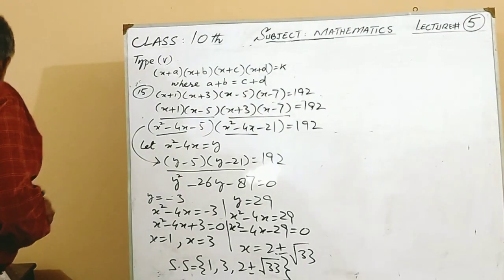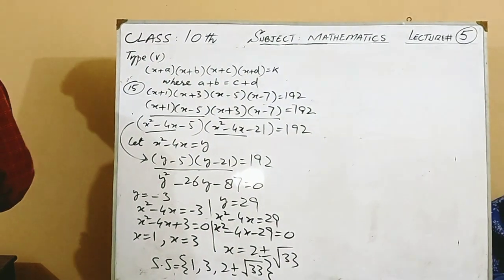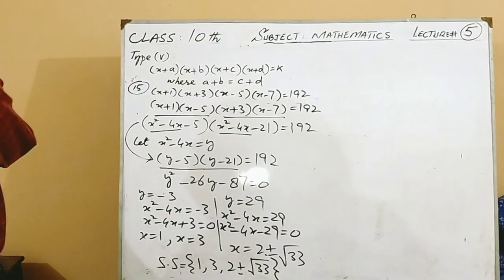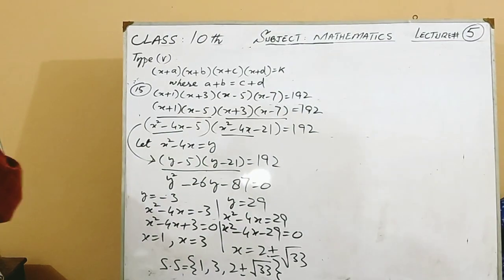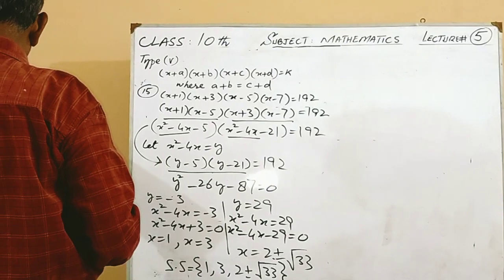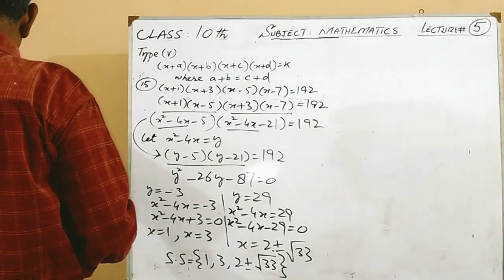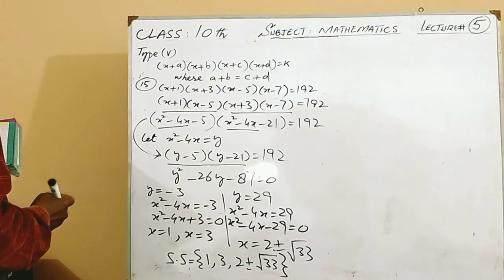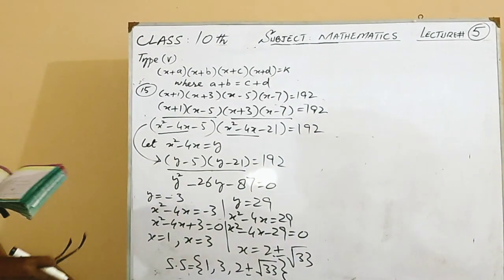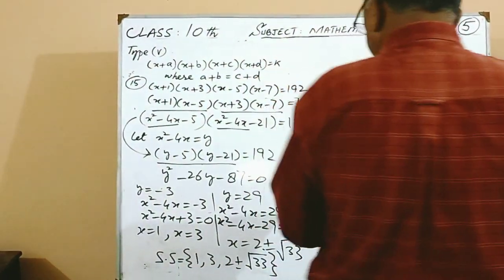Now we are going towards radical equations. In radical equations, according to the definition, the expression is under the radical sign. An equation involving an expression under the radical sign is called a radical equation. And you will see that there are again three types of radical equations which we will discuss here. First type is this one which I am writing here.